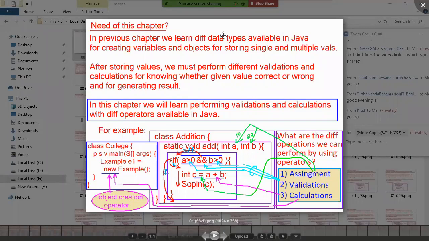Can I hope you will continue? Can I hope you will practice like this? Java concepts you have to practice in two ways. Number one, with real life, and of course with programming life also. First, you have to connect it to real life, then programming life will automatically come.